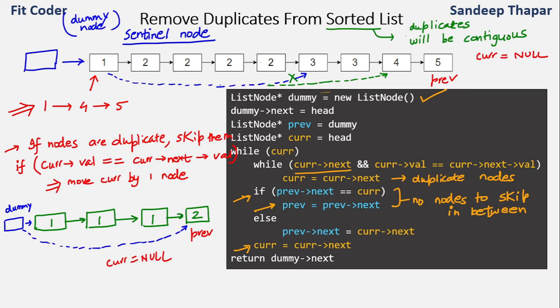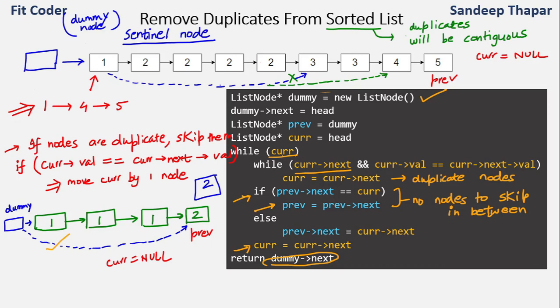So in the next step, we come in this while loop, we check while current. So current is now null. So now this while loop breaks and we return dummy next. So dummy next is pointing to 2 because of this blue link. So we are returning the node 2 as the new head of the linked list.